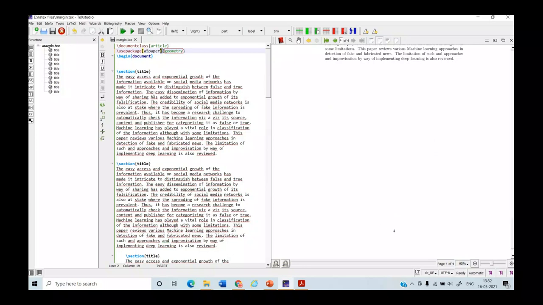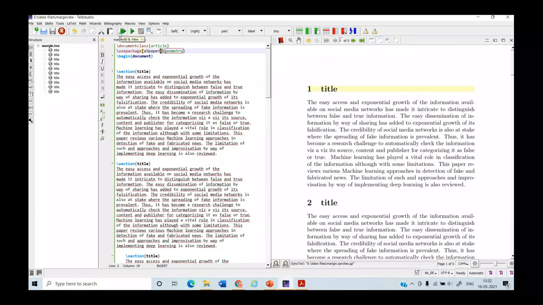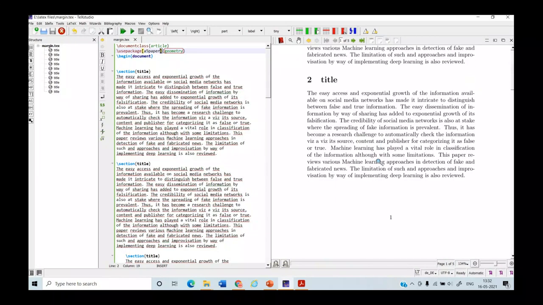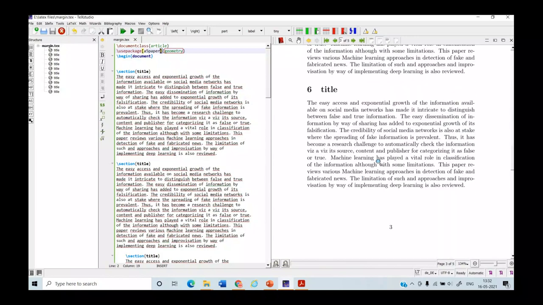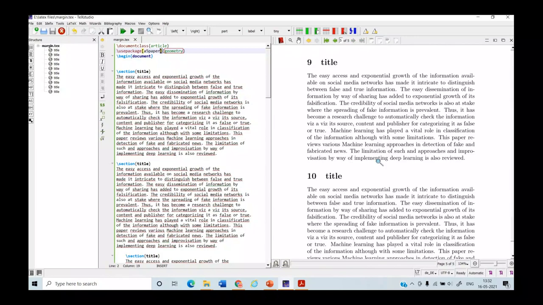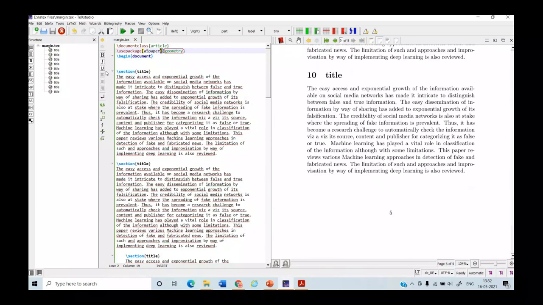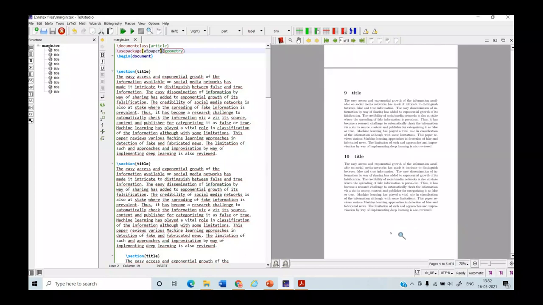Okay, so we have 4 pages. Now see what happens when we build and run it. Yes, now see what happens. We have 4 page numbers. Now by applying A5 size, the paper size has been reduced. Let me show you at 75%.